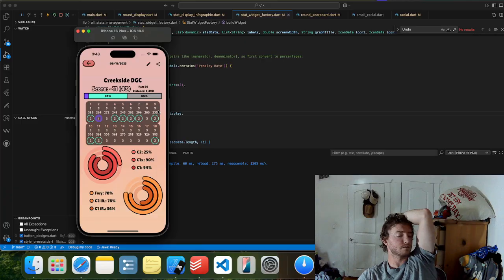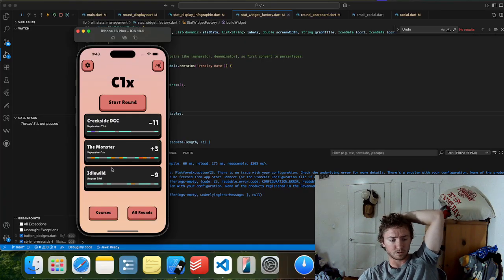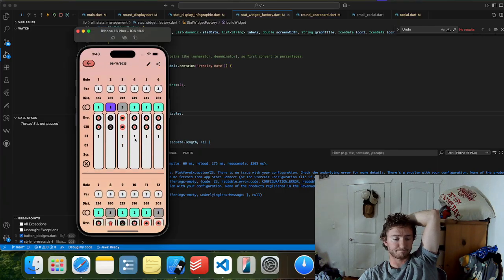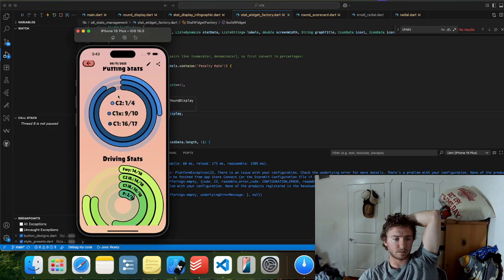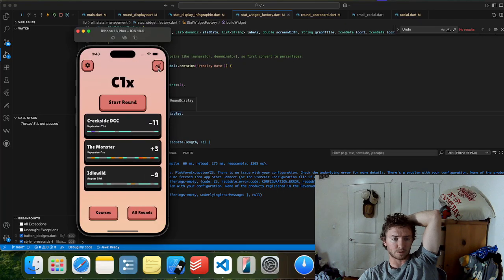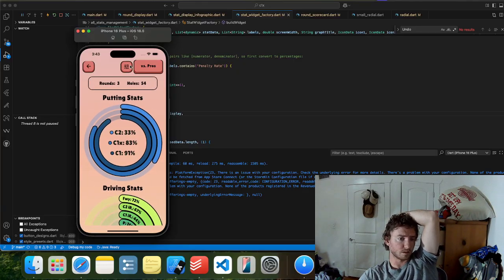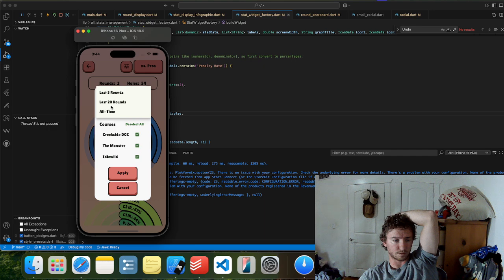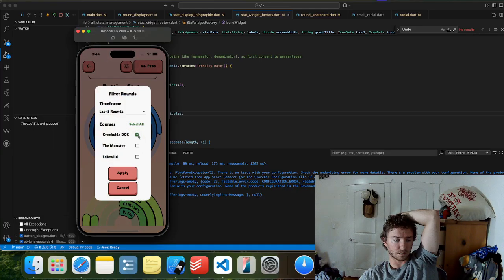Let's do the reset and we'll assume that I'm not breaking anything. Yeah, so I do get the values there. And now if I go to all stats, they're the percentages, which is perfect. So it's working. All time is what's showing. Let's go reduce a filter and just make sure that still works as intended.